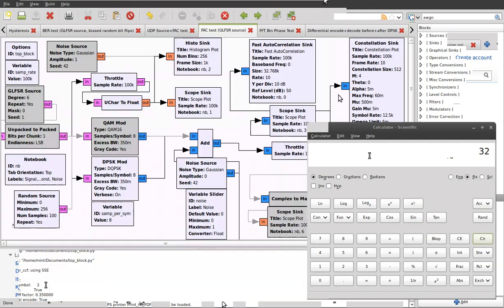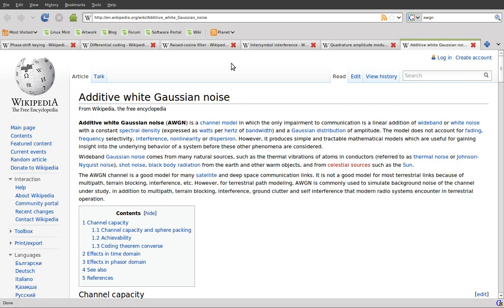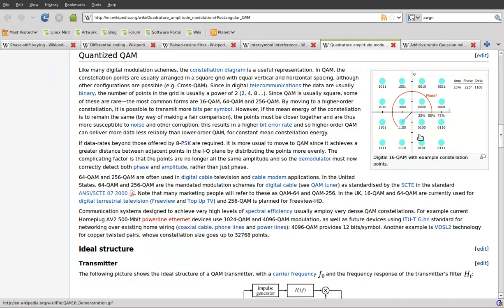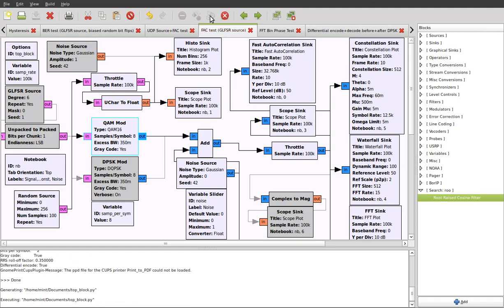Let's do one more quick demo. If we use QAM, we can see what QAM will look like. For reference, this is what a QAM constellation looks like. It uses both phase and amplitude to encode these symbols. This is 16 QAM, so we have 16 points on the constellation, and each symbol will encode 4 bits. Funnily enough, the constellation sync in a situation of no noise will plot this correctly as well. So here we have QAM 16, and if we run this,